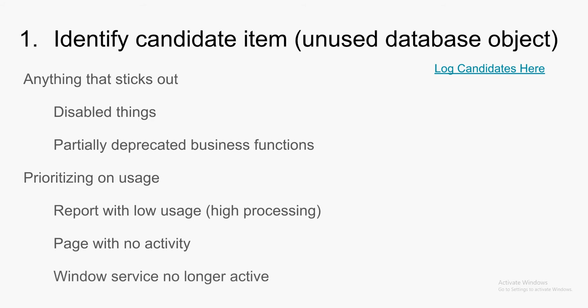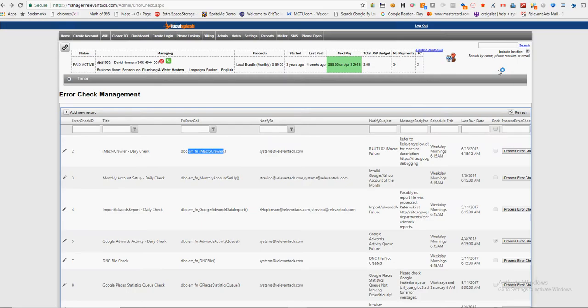And if we see Windows services on our servers that are disabled or have been known to be disabled, we should look at all of the related stored procedure objects and whether they can be removed, and those are good candidates. So I'm going to go ahead and use a particular example of one of our reports,